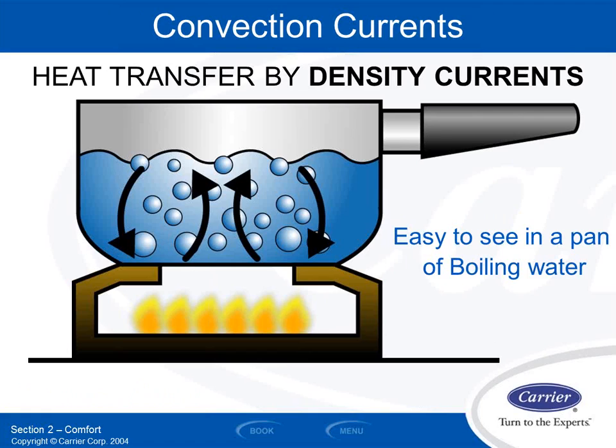We're mainly concerned with convection in air, but one of the examples we have here on the screen is convection in water, just to illustrate it. In this case, I took a pot of water and stuck it on top of the stove. The flames licking the bottom of the pot transfer heat mostly by conduction, directly touching the bottom of the pot. Once the bottom metal of the pot heats up, it heats the water, which is also conduction. But then once I heat the bottom layer of water,